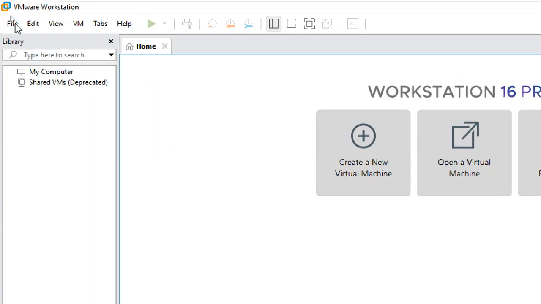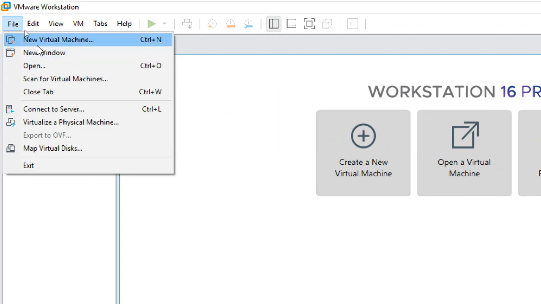Next, here also it will show new virtual machine. You can create a virtual machine like that. If you want to virtualize a physical machine, you have a physical machine and you want to convert it into a virtual machine, we can virtualize it. A virtual machine will be created from your physical machine, with all physical properties and all. We can connect it, physical to virtual.